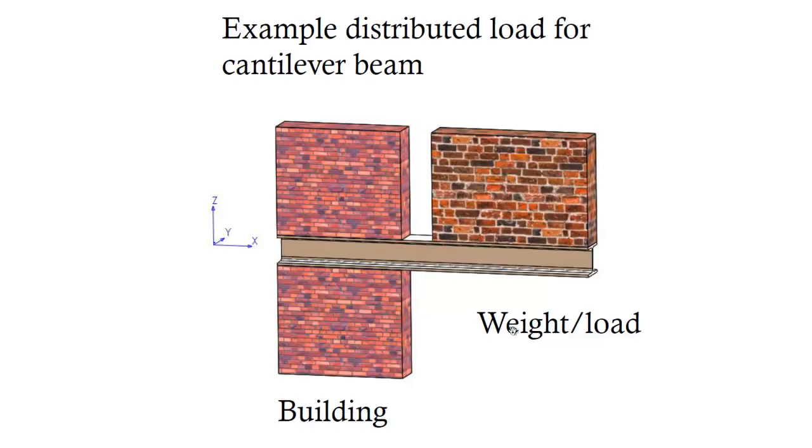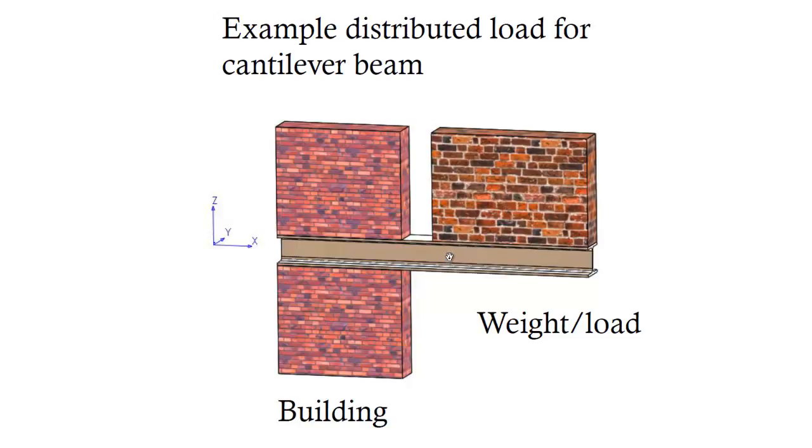So here you see an example of a cantilever beam under a distributed load, where a beam is completely incorporated inside a building on the left side and there's a weight standing on the right side. Then you could see this as a good example of a cantilever beam under a distributed load. Of course, you have to consider that this wall has got its own strength, so you could also argue that you should take a point load here in the middle. But if this wall is not that strong, for example the concrete is not that hardened yet, then